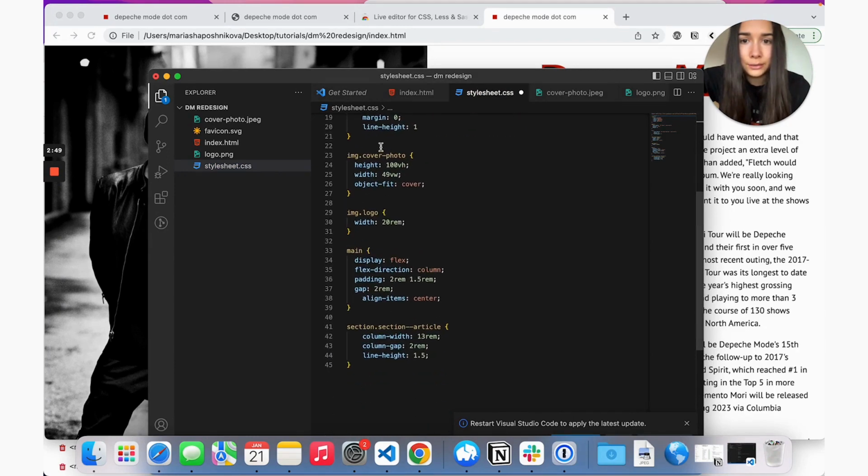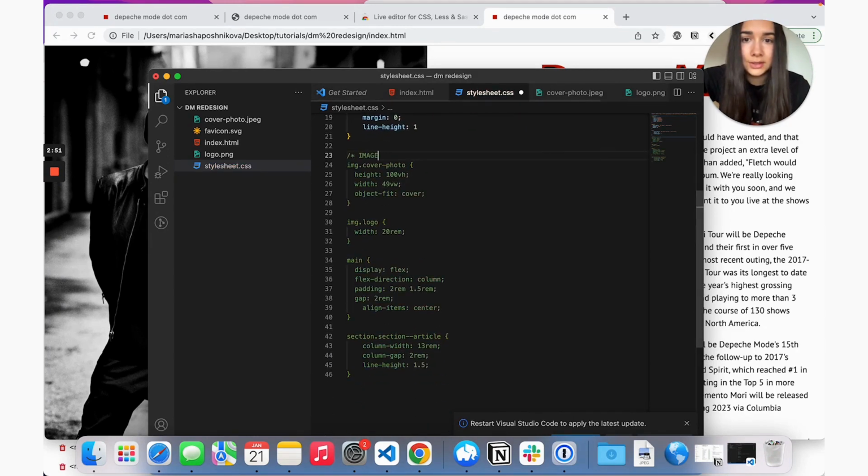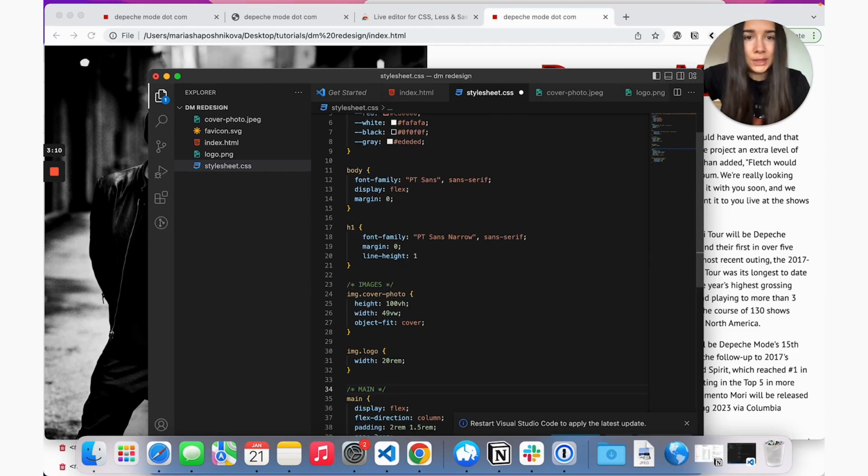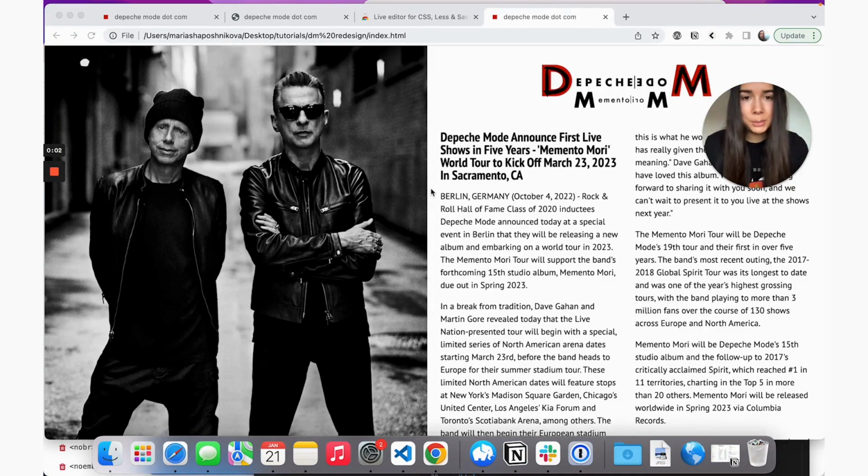Then I could have a small section. This is just image stuff. And then we'll have this main area. You can break it up any way you want. I just find that having some sections helps me orient better, especially when I visit the file multiple weeks or months later. So back to our page, there is one more important thing that we should do.